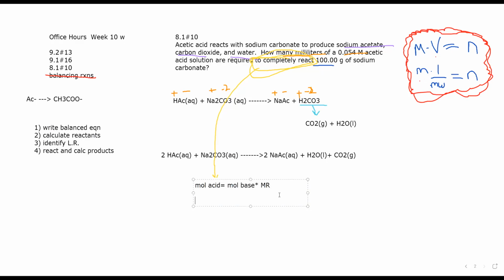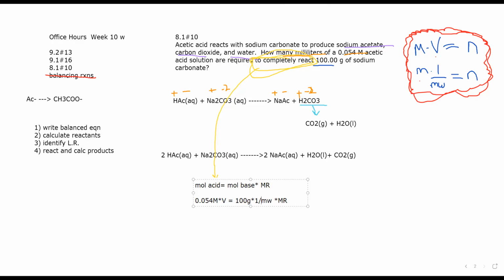Now what that means is over here in this idea of moles of acid equals moles of base, I'm going to do a molarity times a volume is equal to a mass times 1 over a molecular weight times a mole ratio. And then I just start plugging in the different numbers I know. I know the molarity of my acid is 0.054. I know the mass of my solid is 100 grams. Should put units on this too. My volume is precisely what I'm supposed to be figuring out, so I'm not going to know that. My molecular weight for sodium